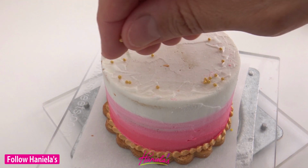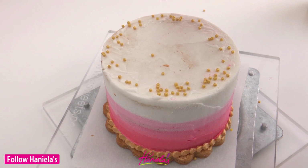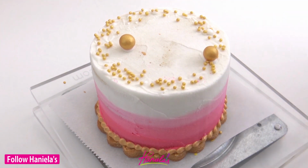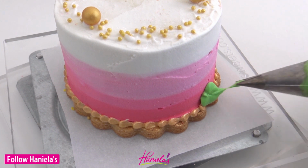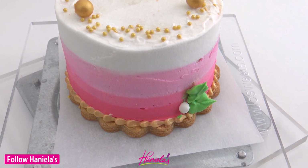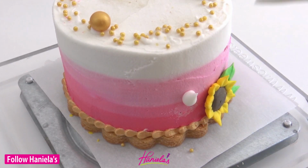All right, so now I'm adding some gold. These are shimmering nonpareils. And I also have some large pearls, also in gold. I actually made this piñata birthday cookie for my friend Marlon of Montreal Confections during one of our live streams last year. And now to attach the sunflowers, I'm starting with the leaves here, and then adding a sunflower,